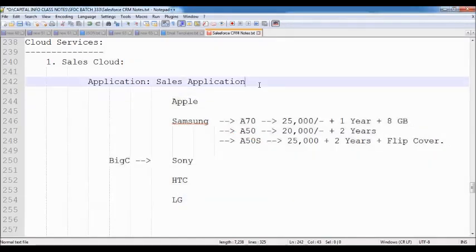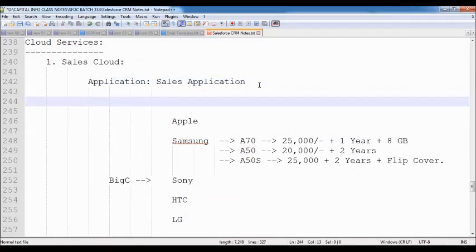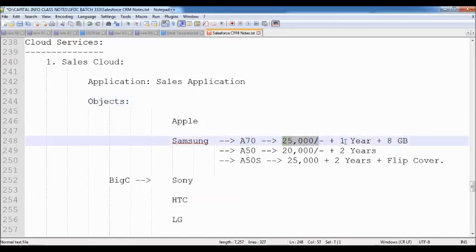Now, upon automating these sales processes by using the Sales Application, what are the various objects that we are using? That means through this Sales Application, we can store our sales-related data, like our products information, the prices information, benefits information, everything. How can we store this information? Upon storing the data, definitely we are using some tables. Then what tables are we using as part of the Sales Application? We are using various objects.